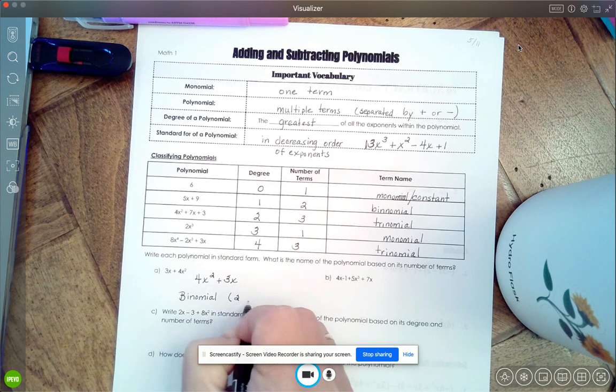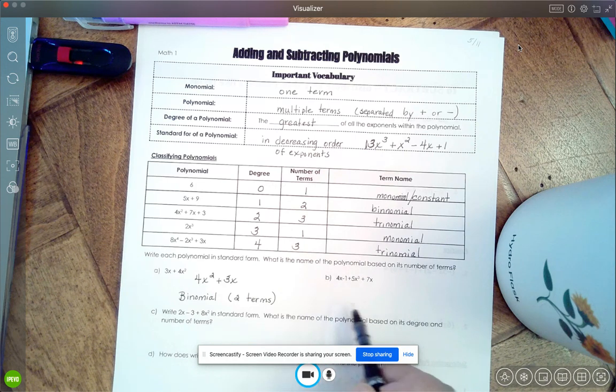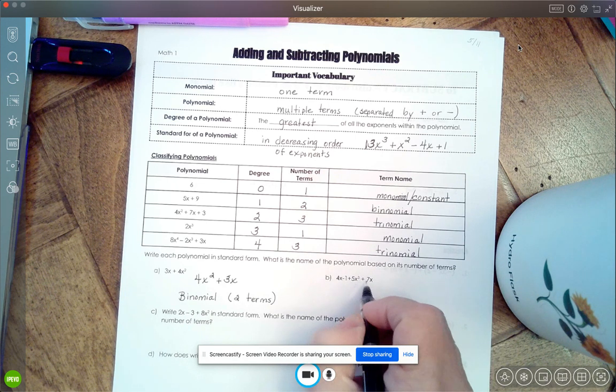That means because there's 2 terms. Okay, I have a 4x squared and a 3x. All right, you can do this one over here. I'm going to do it for you because I want you to see we are going to put combined like